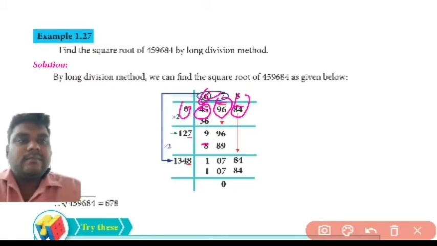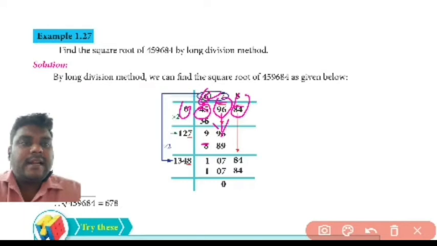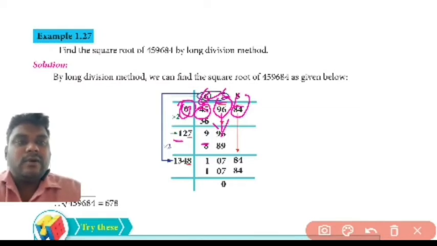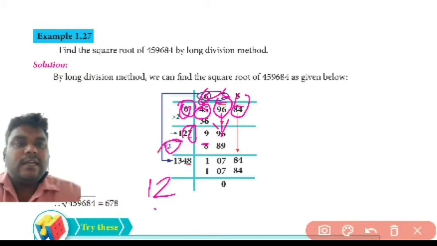Next, get down 96 here. So 996. Here we multiply 6 by 2, 6 2s are 12. Here we introduce 7, so 889. Again what number do we introduce here? 7. So 7, 12 is already there, 7 multiplied by 2, 7 2s are 14. So here 1 decimal. So 4 3 1.